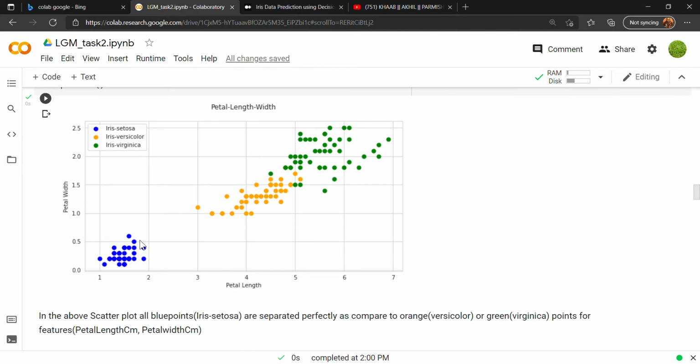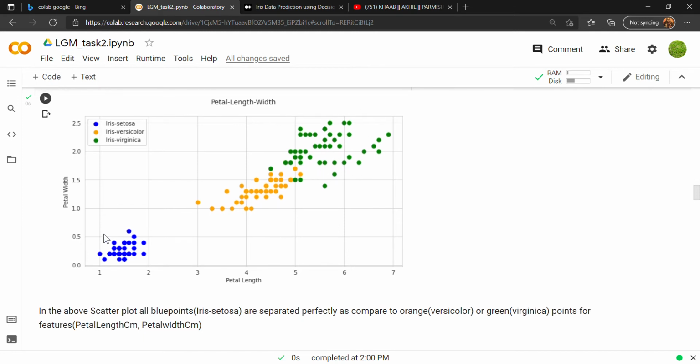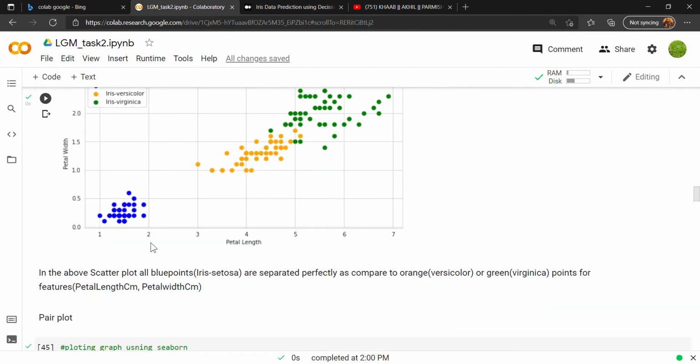Similarly, in the case of petal length and petal width, we can see that Iris setosa is still completely different from the other two. The other two are overlapping each other, that is Iris versicolor and virginica have similar petal length and petal width, and the petal width of virginica is much more than the other two, while the petal length and petal width of Iris setosa are the least.